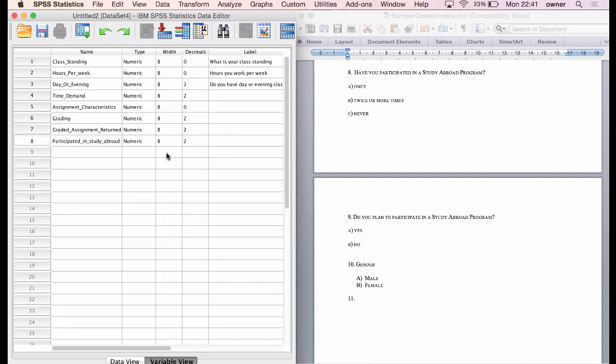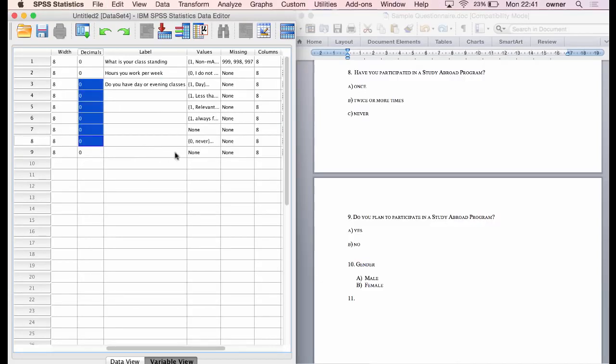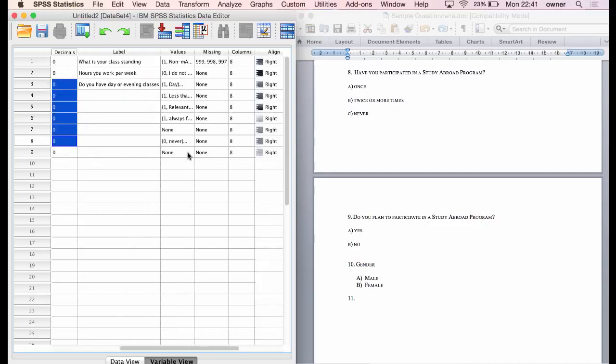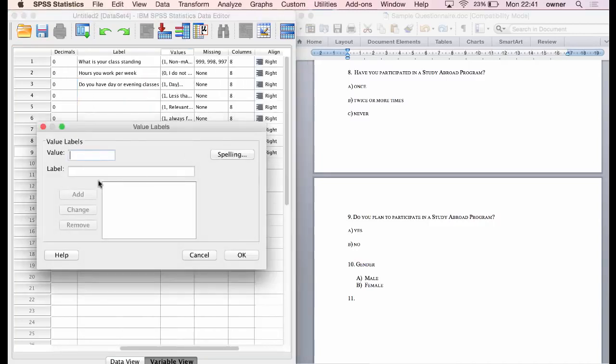Do you plan to participate in a study abroad? So let's call this plan to participate. And here we go, we can reduce the decimal. Actually, it's easier if you just copy and paste that and it's going to change everything. So instead of having to remove everything, you can just copy and paste it. That's done, easy. Now here, we just plan to participate. It's just a yes or no question. So we can put 0 as no and 1 as yes. So we code that variable correctly and then